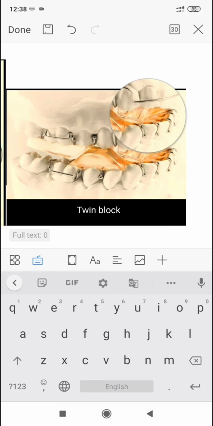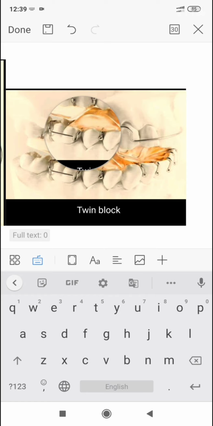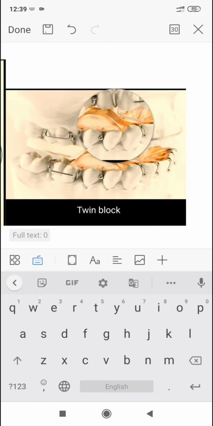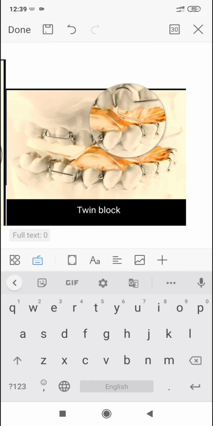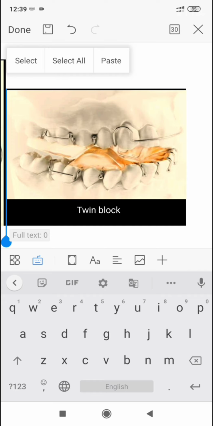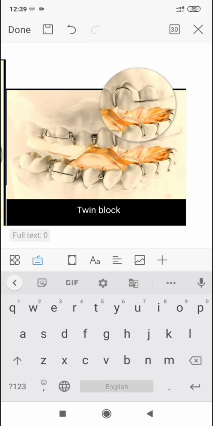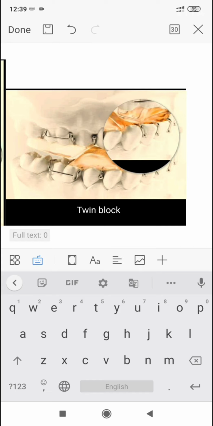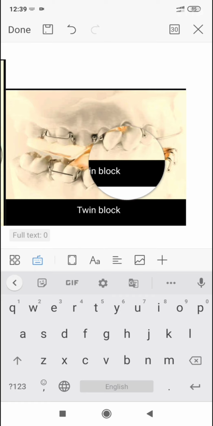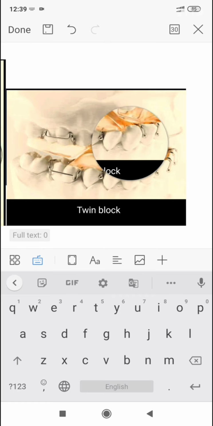This is the upper member or upper block, and this is the lower block. Both these blocks meet each other at an angulation of 70 degrees. This is a comparatively comfortable functional appliance for the patient, and it is used for class 2 malocclusion with retrognathic mandible. Definitely for class 3 the maxilla should be forwardly placed. So the mandible is retrognathic in such cases, right?